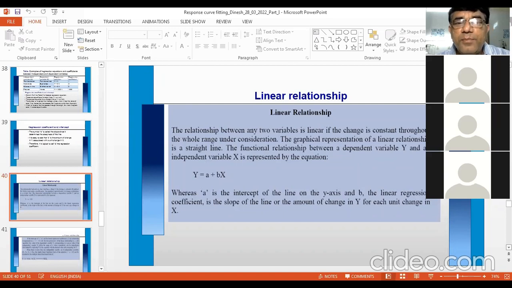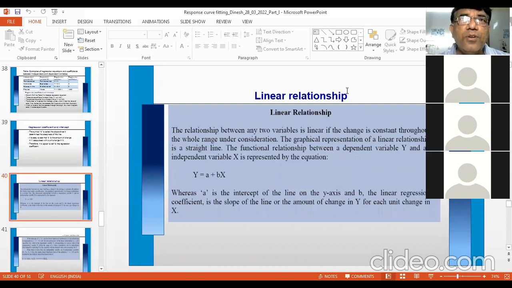The relationship between any two variables is linear if the change is constant throughout the whole range under consideration. The graphical representation of a linear relationship is a straight line. I repeated it many times. The functional relationship between a dependent variable y and independent variable x is represented by the equation y = a + bx, where a is the intercept, as I told you. a is the value of y when x is 0. So a is the intercept of the line on the y-axis